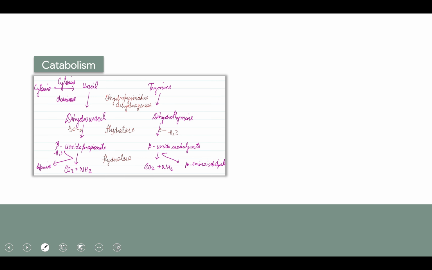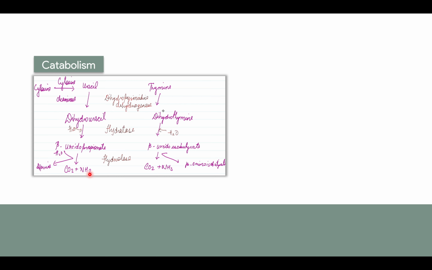Now we'll talk about the catabolic pathway of pyrimidine, in which cytosine gets converted to uracil in the presence of enzyme cytosine deaminase, leading to formation of dihydrouracil in the presence of enzyme dihydropyrimidine dehydrogenase. In the presence of water and enzyme hydratase, it leads to formation of beta-ureidopropionate, which leads to formation of carbon dioxide and ammonia. Ammonia further enters the urea cycle, and